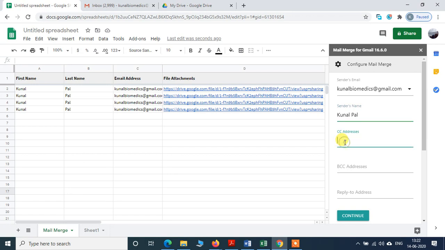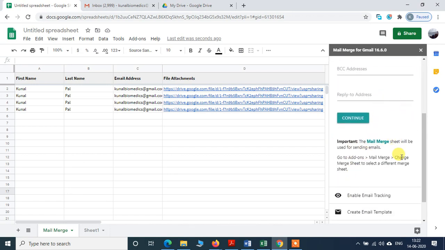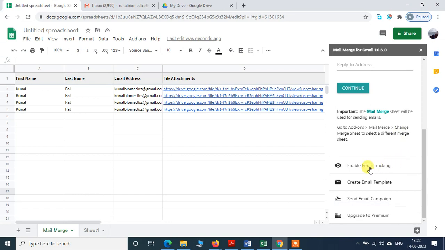If you want to add some copy or BCC, reply to address. Okay. If you want to enable the email tracking, you can do it. Okay. If you want to track the emails, you can track it. Usually we don't need that.